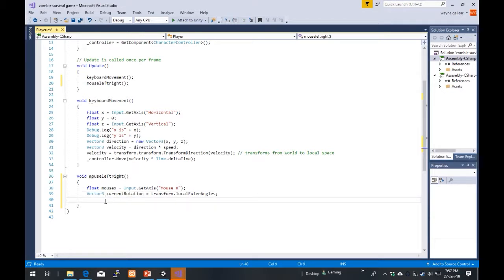So vector free current rotation, local Euler angles, right? Okay. Now what we want to do is change it. We want to increase that variable there dependent on this input here. So that is going to be affected by that. So that is going to equal that,